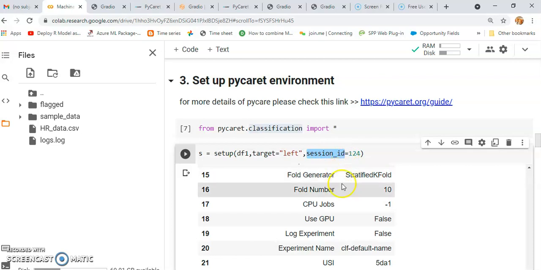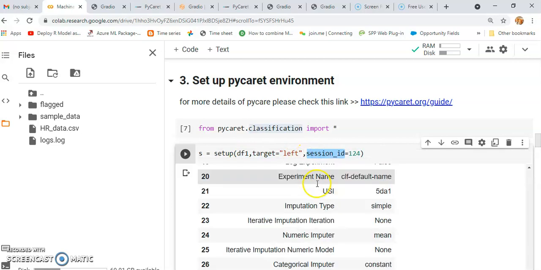And you can give any tuning parameter here, like normalization equal to true, missing value equal to true. So setup takes care of all these tuning parameters as well. I'm not going to add tuning parameters here, just the target variable, our data frame and session id.